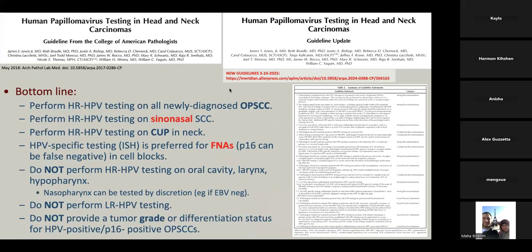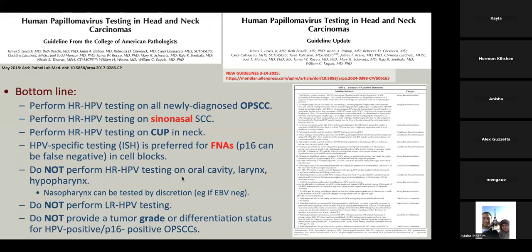Now the College of American Pathologists has updated their guidelines from 2018 to now, like 2 months ago, actually also encouraging us to do high-risk HPV testing on sinonasal squamous cell carcinomas because these also have a not insignificant frequency of high-risk HPV, and prognosis is also better in these patients. For FNA, P16 can often be false negative, so we actually prefer HPV messenger RNA because this is both more